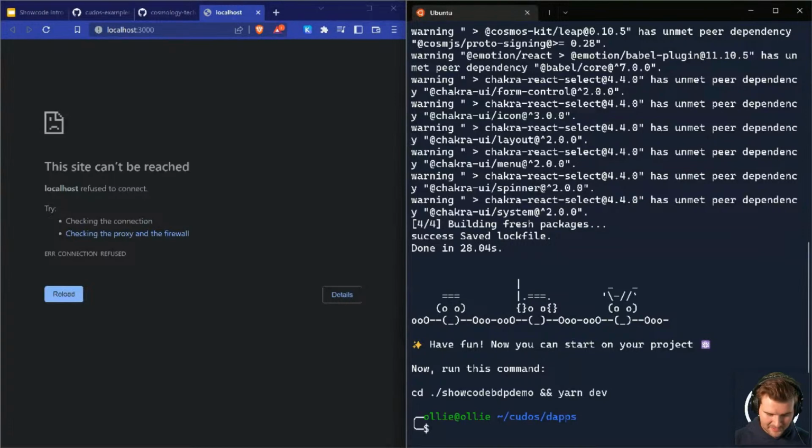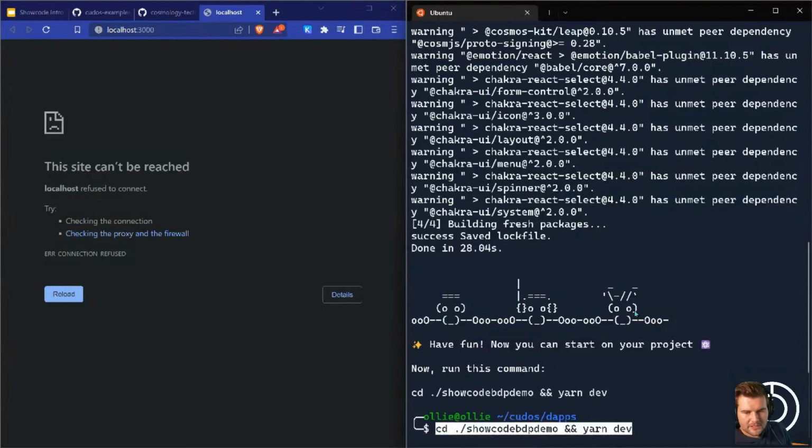I always have this thing on my key ring, which I don't know if you can see in the little corner there, but it says on here, not your keys, not your coins. So an important consideration. And so a wallet is what allows you to interact with your keys. We'll see how that plugs in a moment here. And so we can see that our project has been scaffolded.